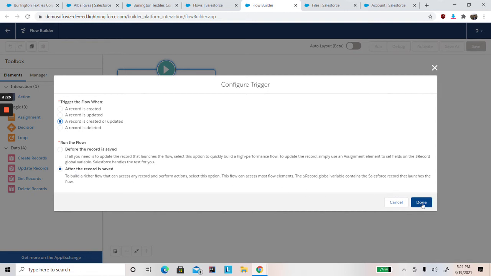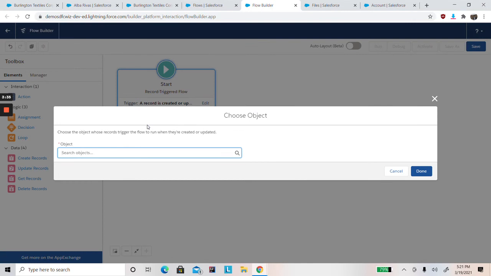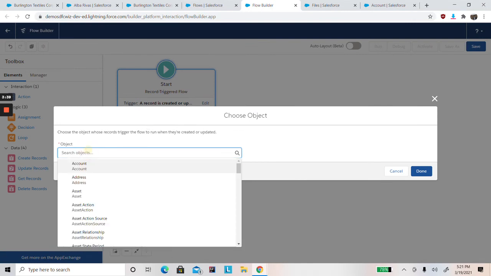Once I select the required details, I can click on the done button, and after that we need to select the object that we want to perform the flow operations. So here I'm going to select the contact object,